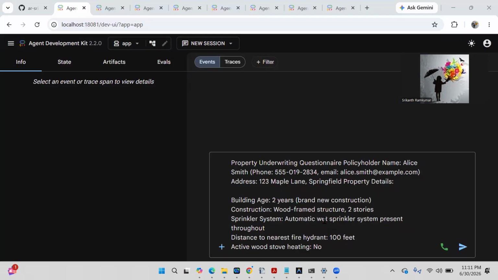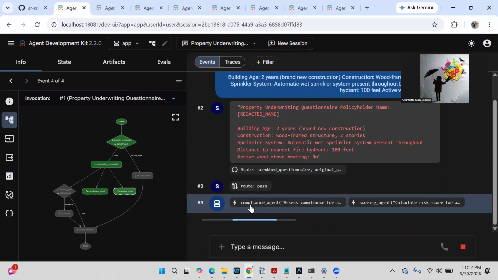In this demo, I will show you the agent developer kit where I have a property with a low risk profile. What it does is it goes past the security checkpoint and scrubs the PII data, and then it goes to the orchestrator and the other two agents. Since the profile is low risk, it makes the scoring calculation and gives the instant auto approval, where we can see the decision gets